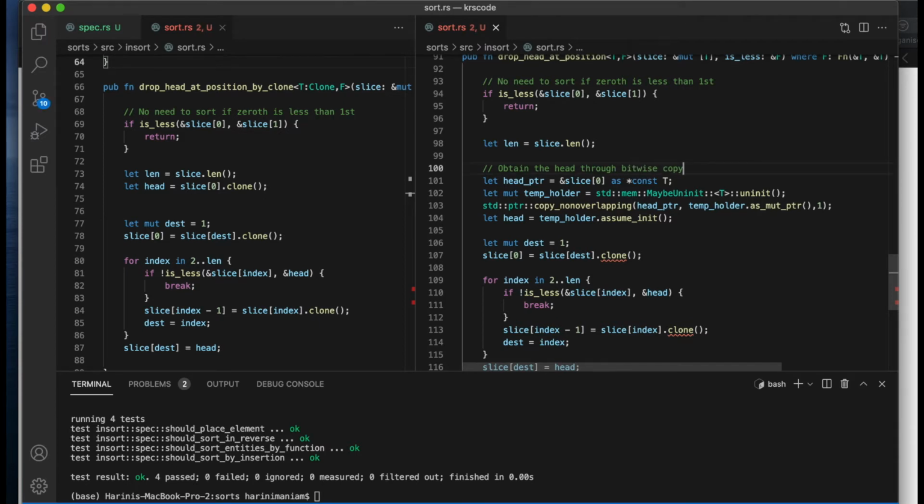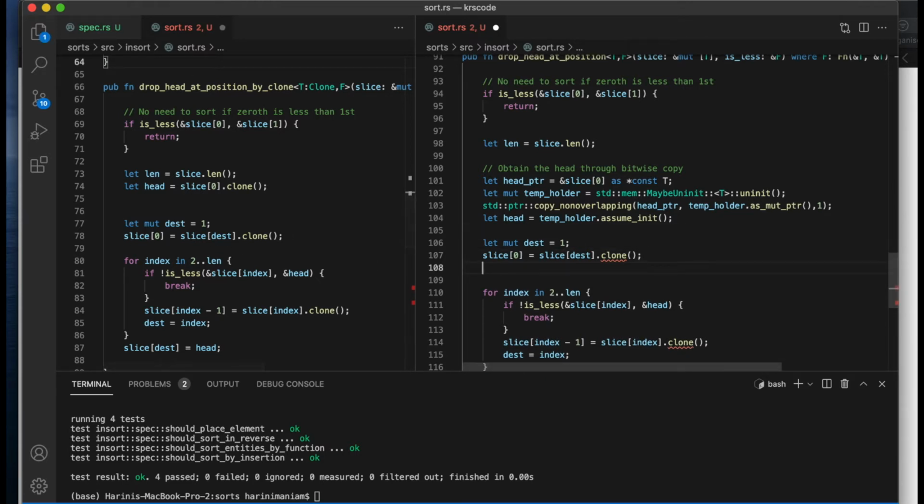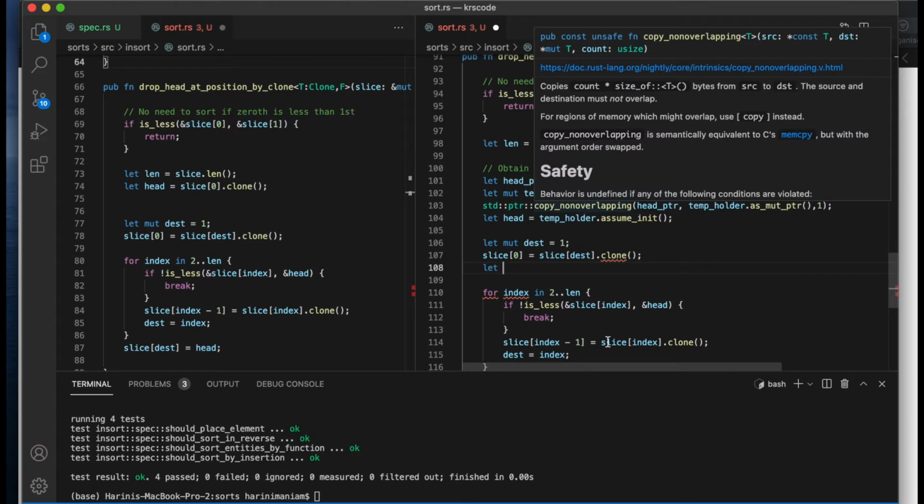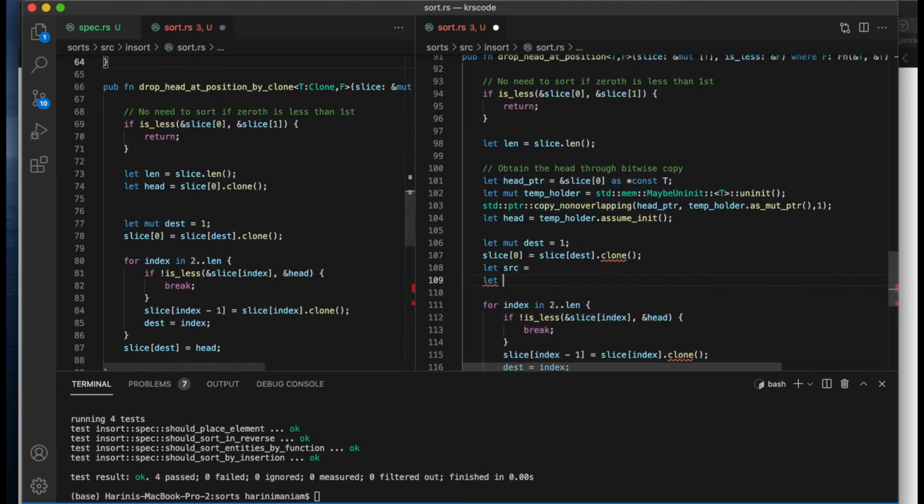So when there is no possibility of you to implement a clonable one, then probably you can resort to the copy non-overlapping. That accepts 3 parameters: the head pointer, I mean the source, and the destination. So it follows the same thing for this, the slice 0 to slice destination. So we need a source and we need a destination, and the source is what is in the location number 1,